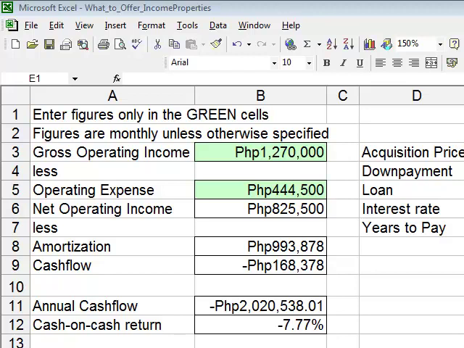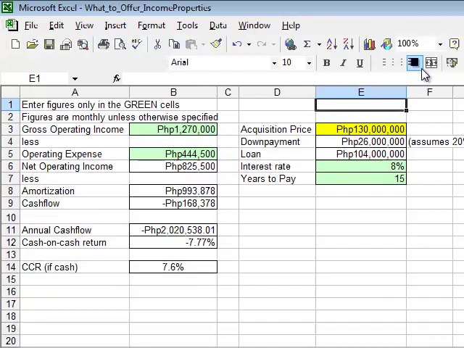All right. One of my students approached me with a deal. Let's change the resolution first so we can see the entire screen here. Basically, she told me that there is this building that has an income of 1.27 million and the asking price is 130 million. So when I put in the numbers, it is obvious that this is a bad deal